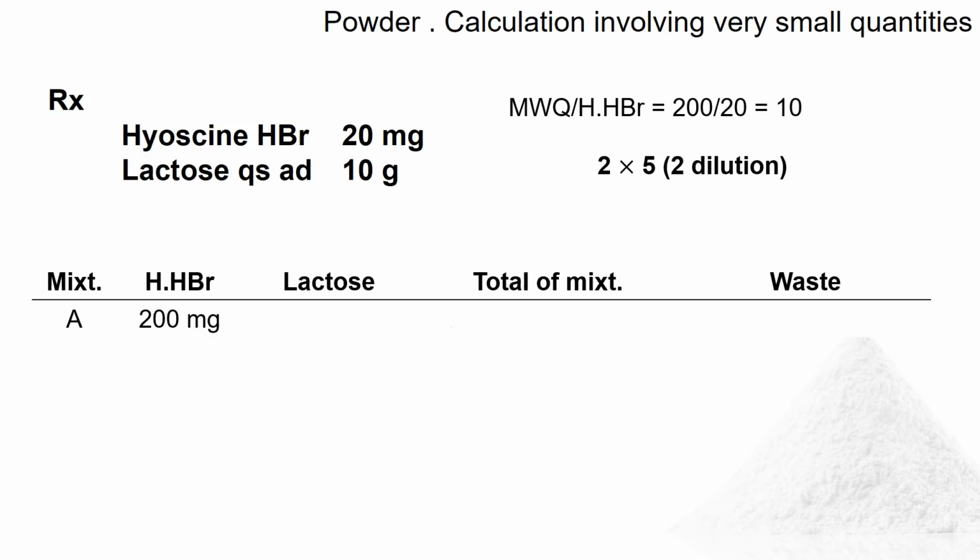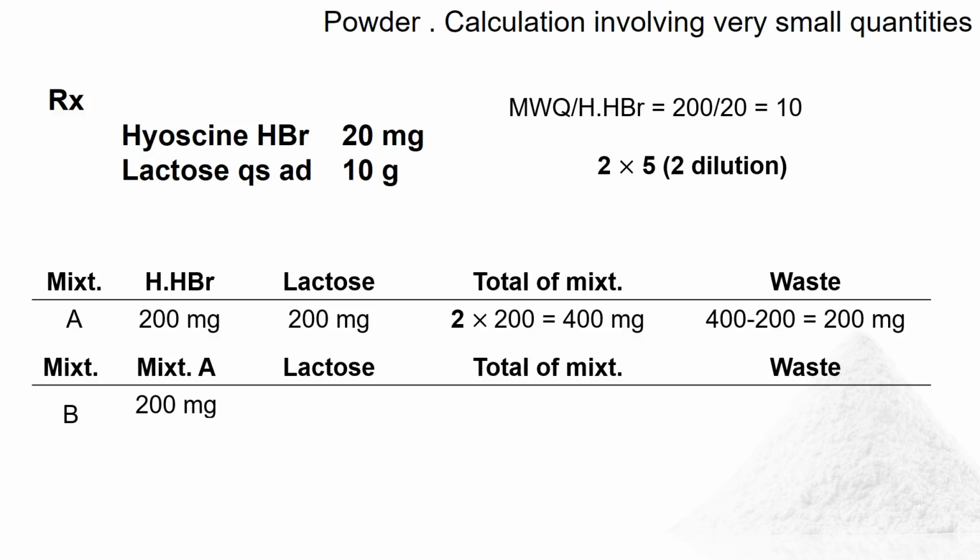So let's put it back into table form. We prepare the first mixture, mixture A, taking 200 mg of hyoscine hydrobromide, and times with the first dilution, the number 2, and we get the final mixture A of 400 mg. To do that, we need to top up with 200 mg of lactose, and the total wastage here is actually 200 mg, because we will bring 200 mg forward to mixture B, and in this mixture B, it will contain 100 mg of hyoscine hydrobromide, and to times with the second number of the dilution, which is number 5,